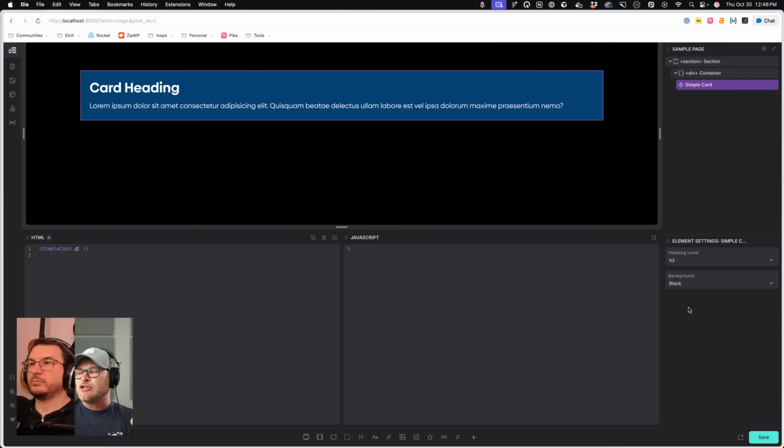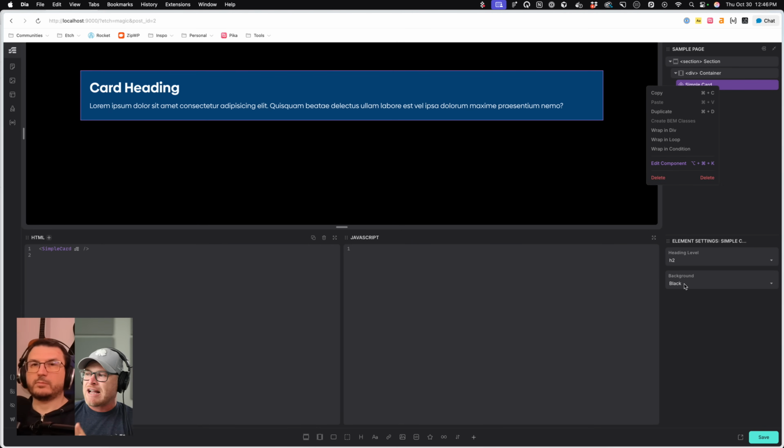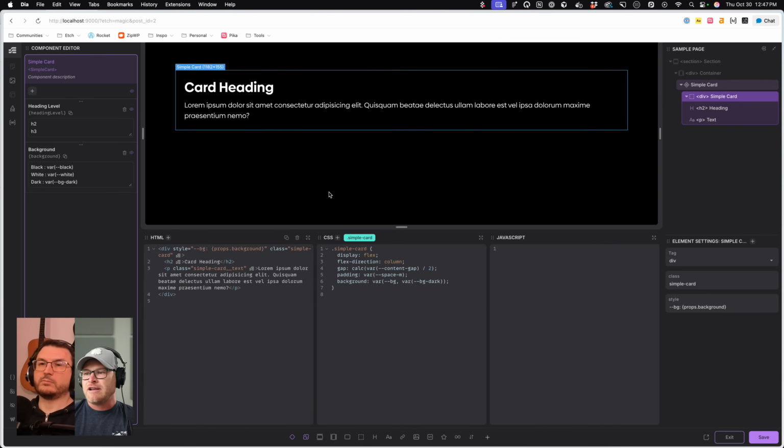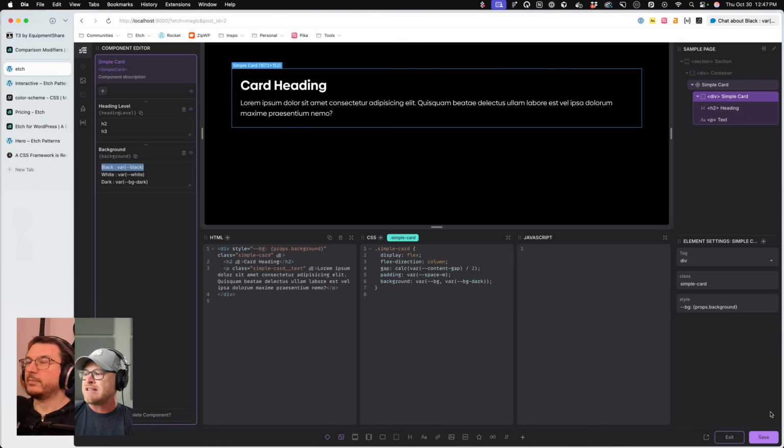So what I need to do is somehow inject that selection into this component. Well, I use this token of BG. So what I would probably want to do is put an inline style where I give BG, that token, a value. And probably it would be best if I gave it this value right here. And this is props.background, okay? And so we can put that in, and now you can see it does inherit the black as the default, at least it appears to be the case.